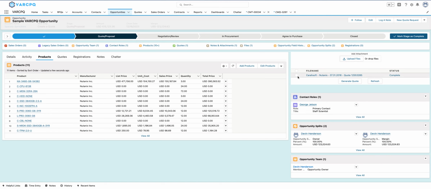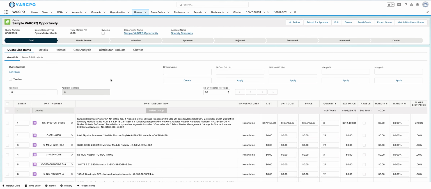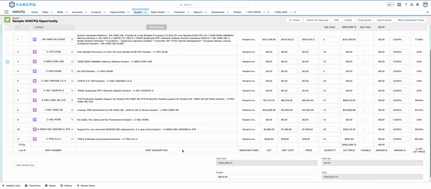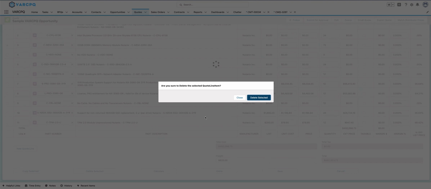Pretty simple. If I want to generate another quote, say the customer wanted to change something and I just need to remove a line item, I can very easily do that. I'm just going to generate a whole new quote. Since I did it from the same quote, you're going to see all these things are set. And this line item, the customer's not even going to buy, so I'm going to go ahead and delete that line item, delete selected,